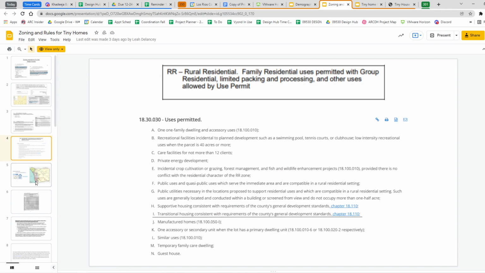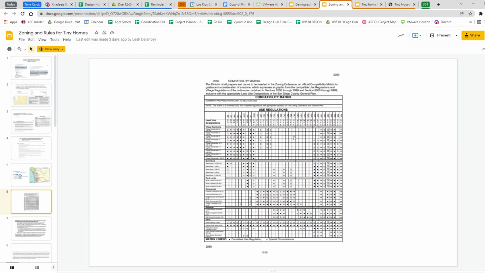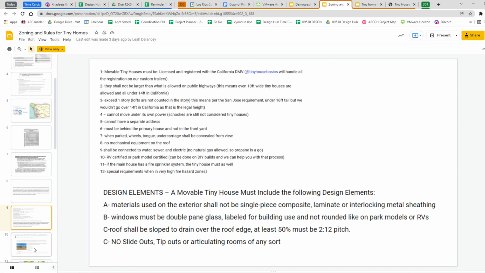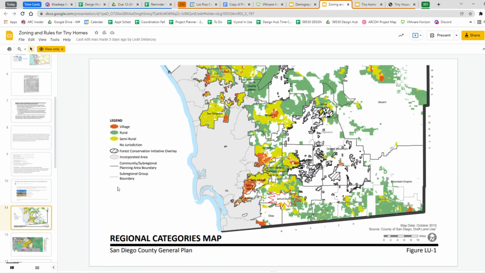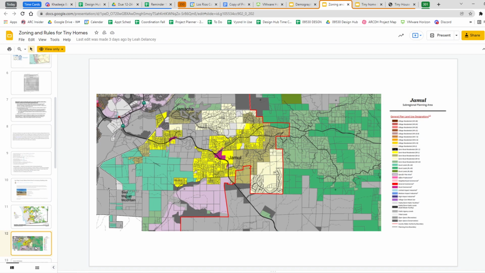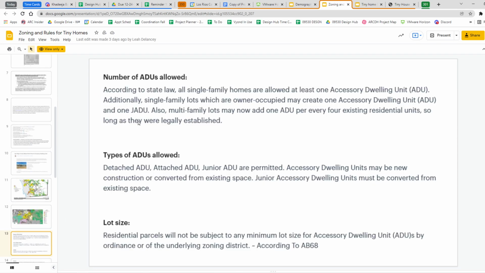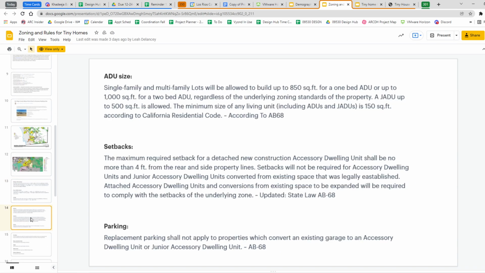And then there's just a whole bunch more stuff about, right? And look, this looks pretty much like the County of Sacramento, only a little different. So you have to be able to read these things to get into it, and you guys are all looking at that. And so this is just a whole bunch of cool data that backs up what is an ADU, how many can you use, what types are available, what lot sizes are allowed. Leah went and really unpacked all of that data,